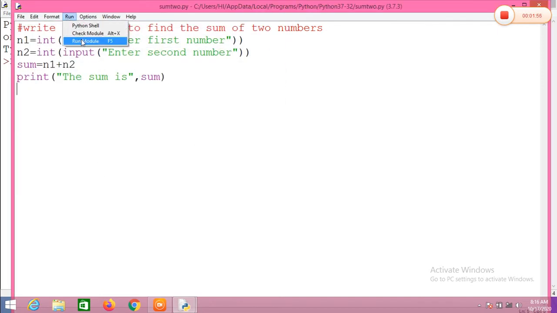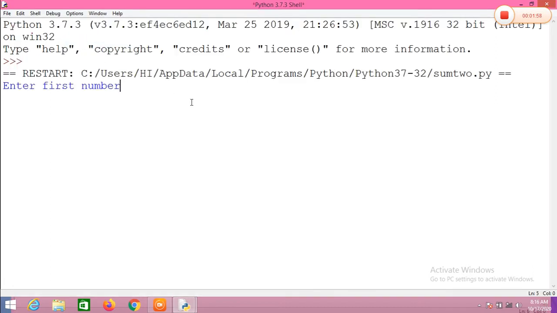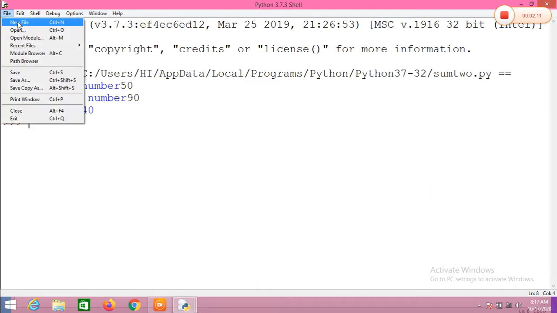Run it with the F5 button. Enter first number 50, enter second number 90. So the sum of the two numbers is 140. Right. So next I am going to teach you one more program,